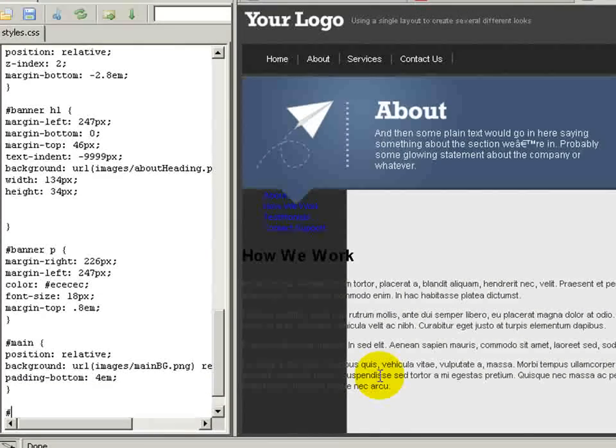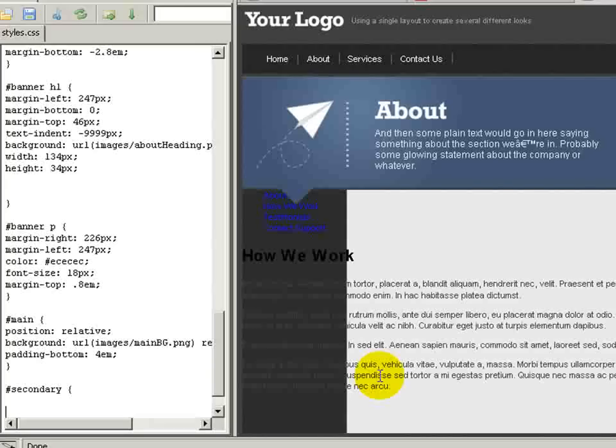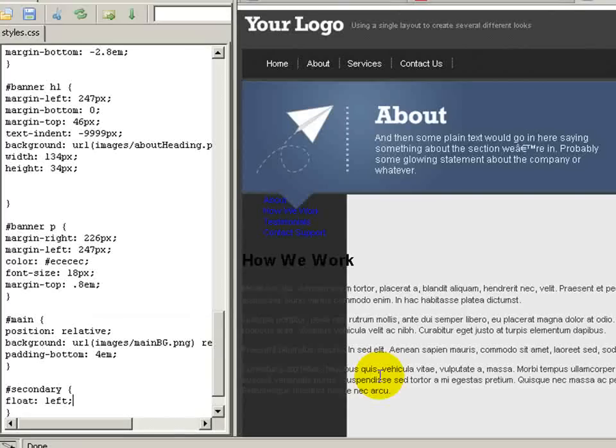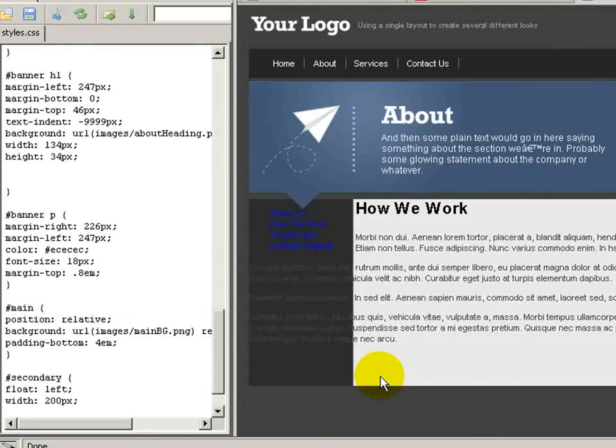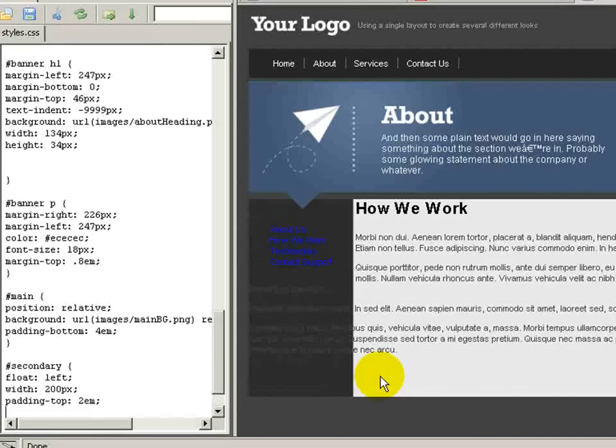Okay, let's work on the secondary div. That's the sidebar, if you remember. And I'm going to float it to the left, obviously. The width is going to be 200 pixels wide. And what else? Let's set a padding on the top of 2 ems. And the background